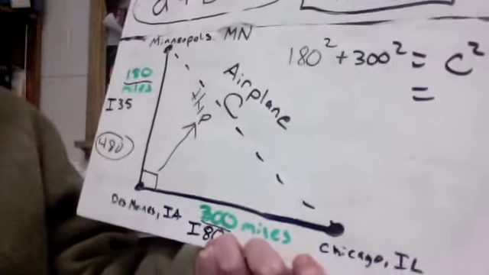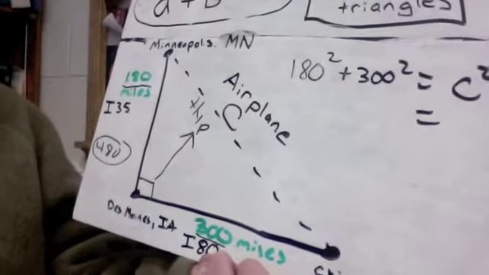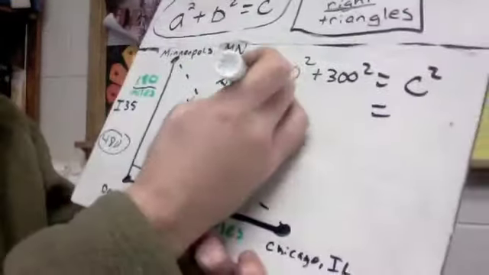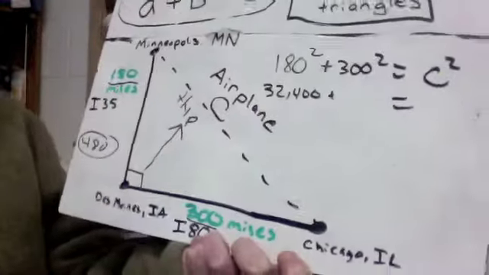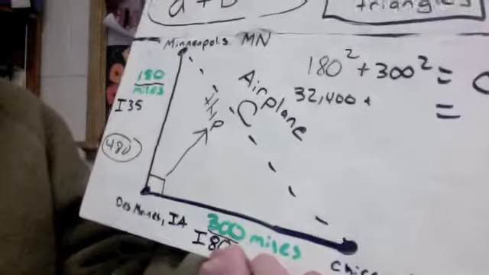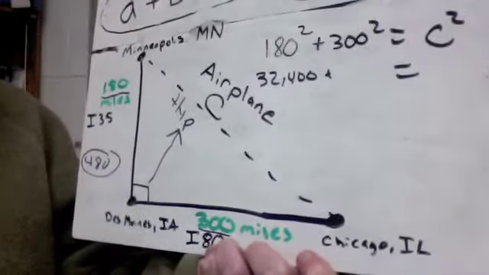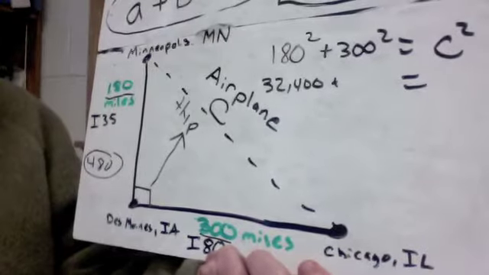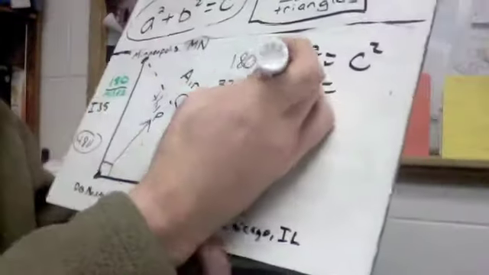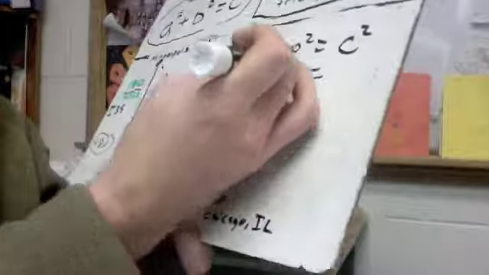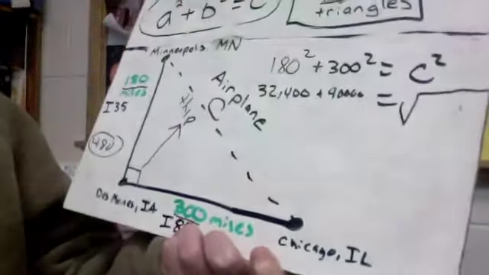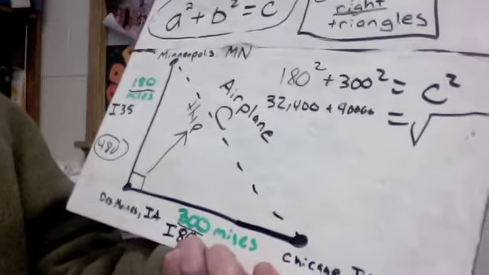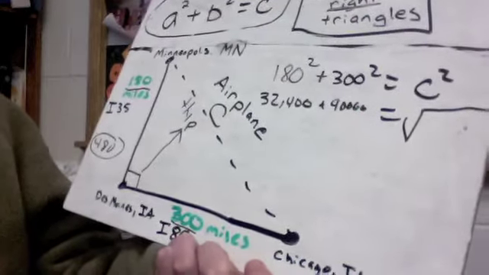So if we do these problems, and I'm just going to use my calculator, 180 to the second power would just be 180 times 180. That's 32,400, plus whatever 300 to the second power is. 300 to the second power is just going to be 300 times itself, 300 times 300, and we get 90,000. Add those together, 32,400 plus 90,000, and we are going to get